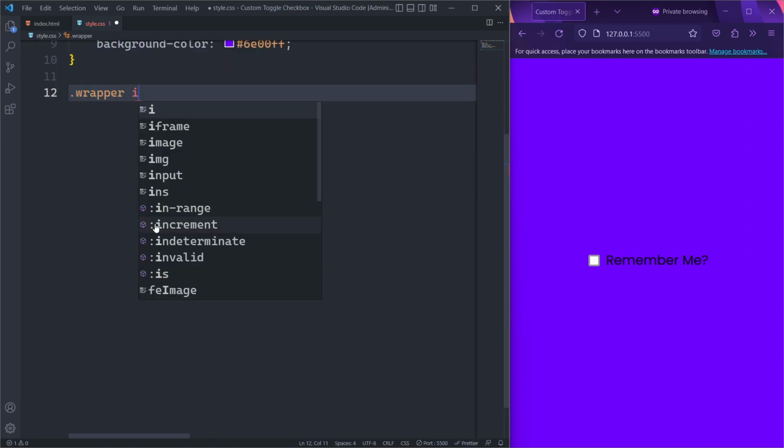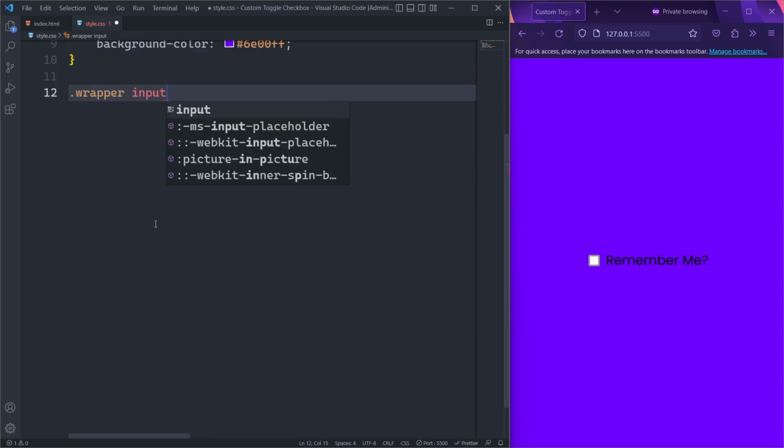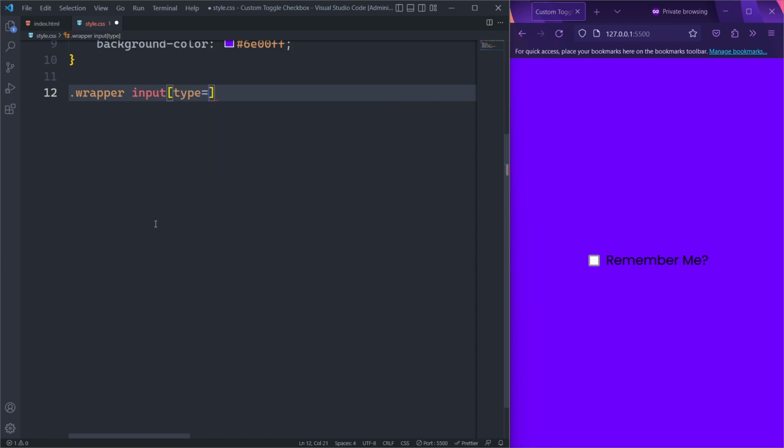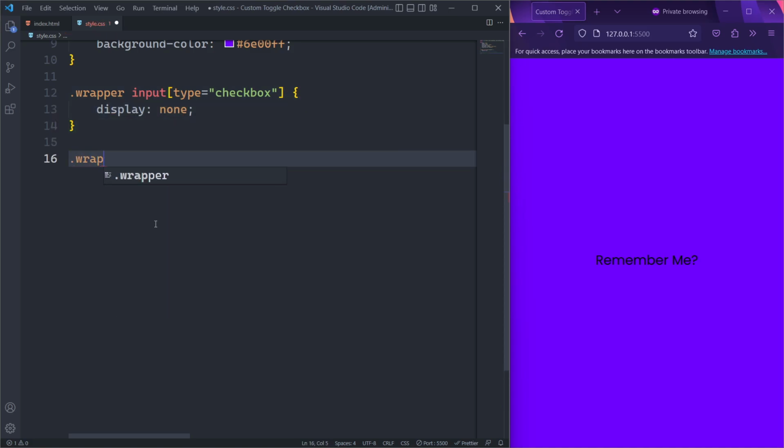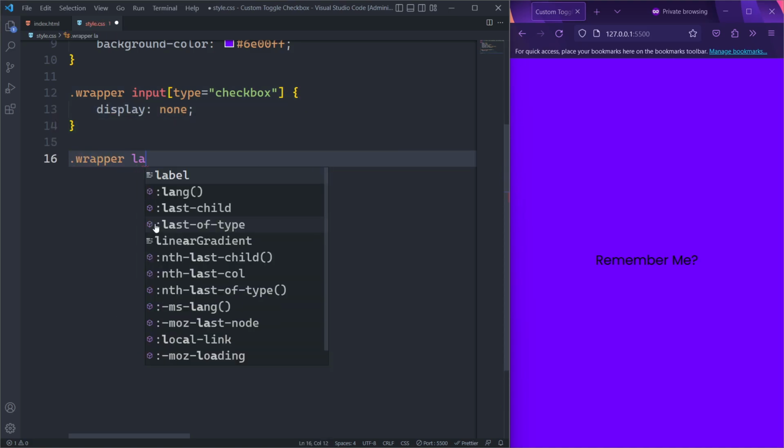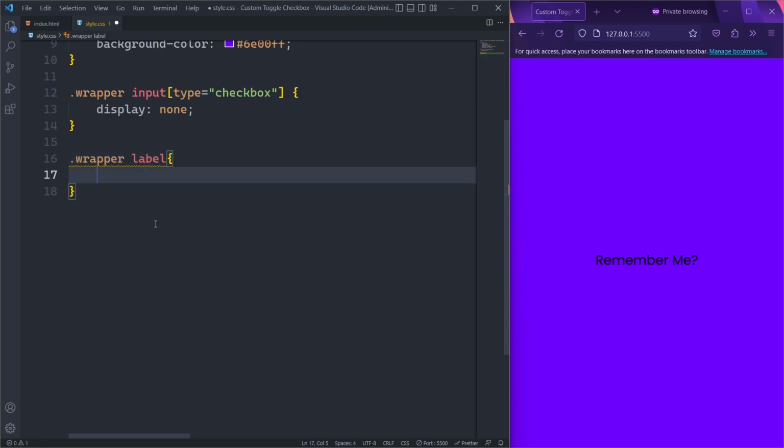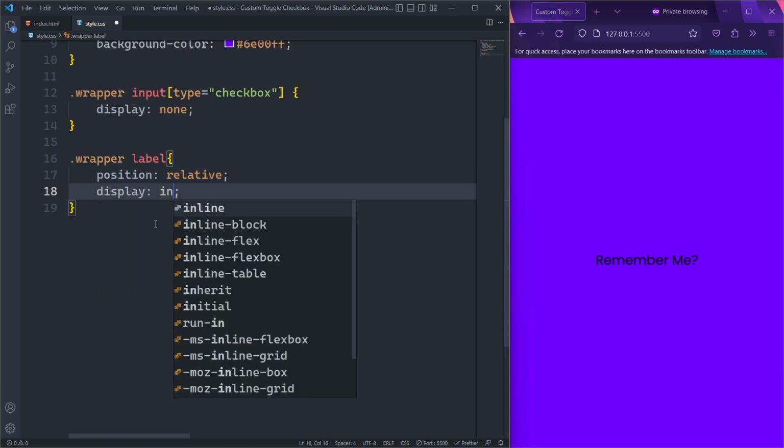To begin, we will focus on the input type checkbox. The default checkbox will be hidden, and custom styles will be added to create a toggle checkbox. Despite the input element being hidden, the checkbox will remain fully functional and can be toggled by clicking on its associated label element. Initially, the position will be set to relative, display to inline block,